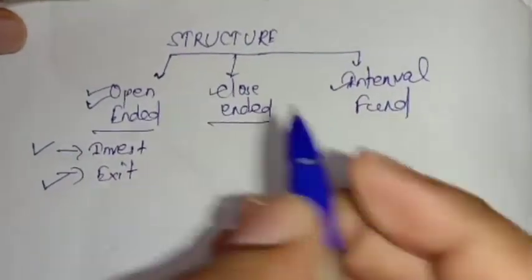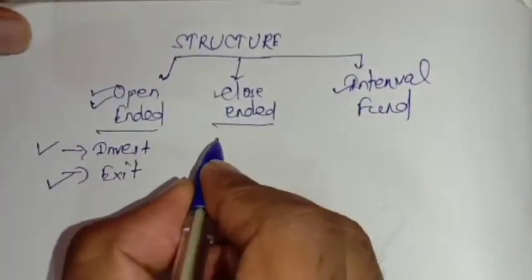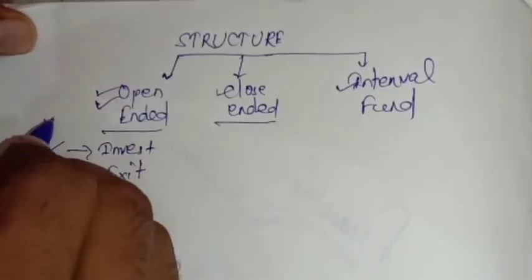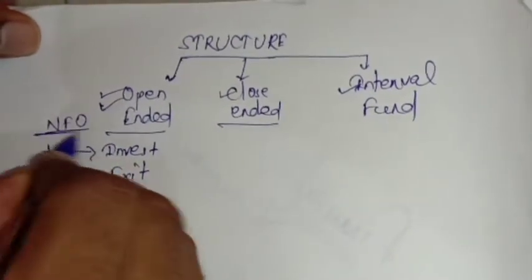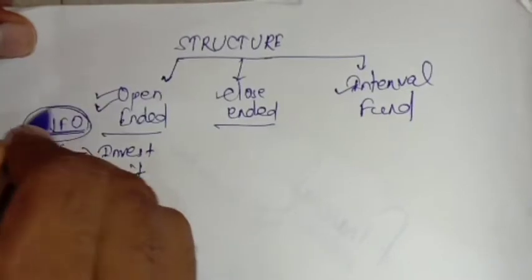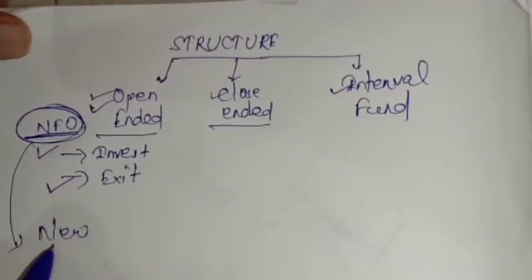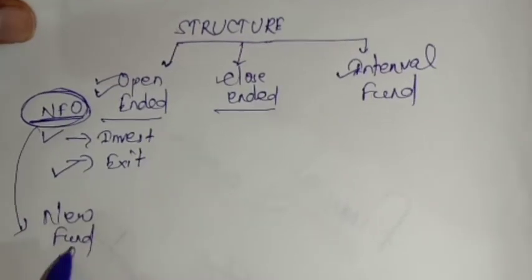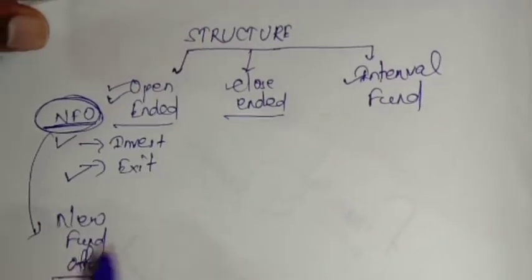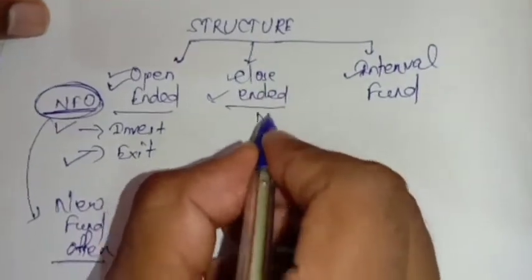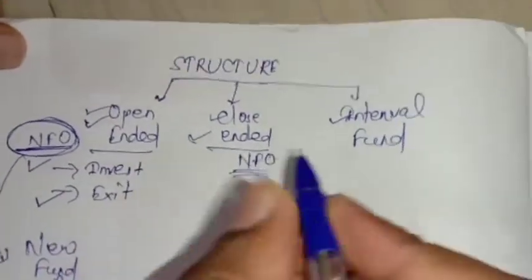Then close-ended. Close-ended means during the NFO. Like in open-ended also, an NFO is there. When a scheme is launching for the first time in a mutual fund, that is known as an NFO. NFO stands for new fund offer. In close-ended, when the NFO is launching, at that point of time only for 15 days